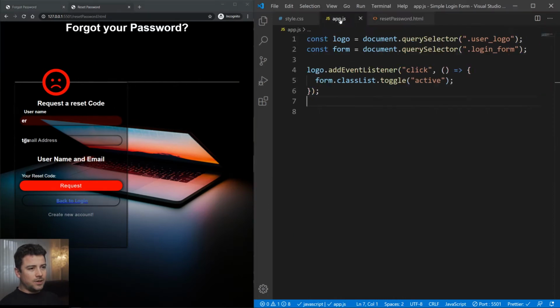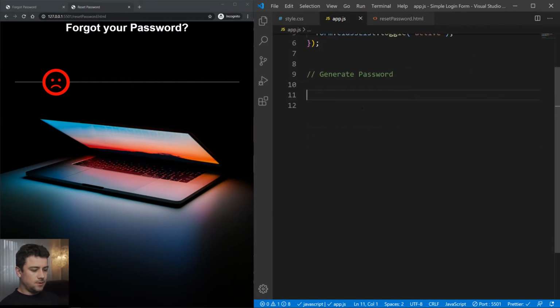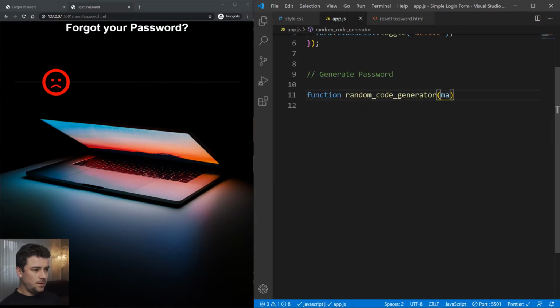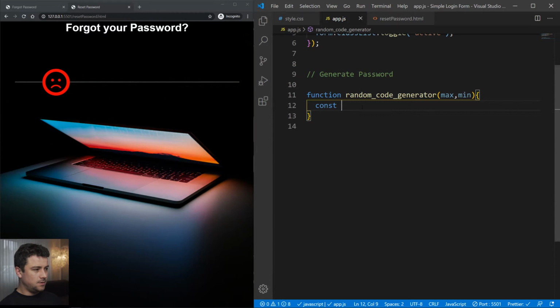Now, in order to generate the password, there are a few steps we could take, but I'm going to take the easy route and thus generate the password from a string. So let's call this generate password. Okay, so let's create a function. I'm going to name this function random, and this will take in a min and a max. Okay, now let's create a const variable called code char, and this is where our code will live,